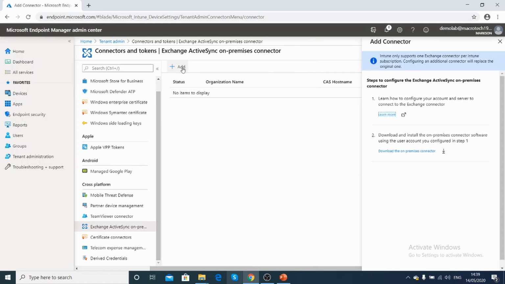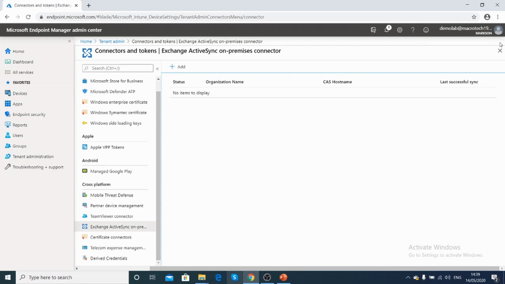Once you add it, it will ask you to download the on-premises connector. This on-premises connector needs to be installed on the CAS server of Exchange. Once you install that, it will ask you to enter your Intune tenant ID. So both get integrated, and during that configuration, after enabling it, it will ask you to choose only the enrolled devices to be able to access the on-premises Exchange. Those kinds of granular settings can be performed. So unmanaged devices will be blocked, and managed devices will be able to access the on-premises mailbox. That kind of control you can do.